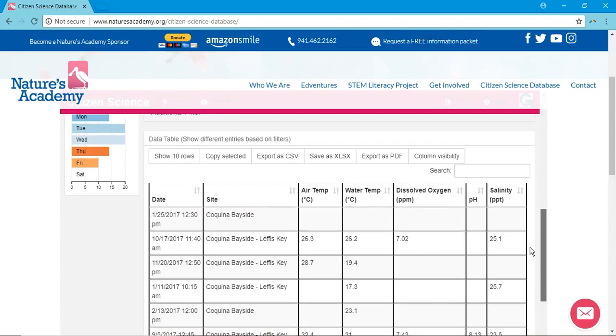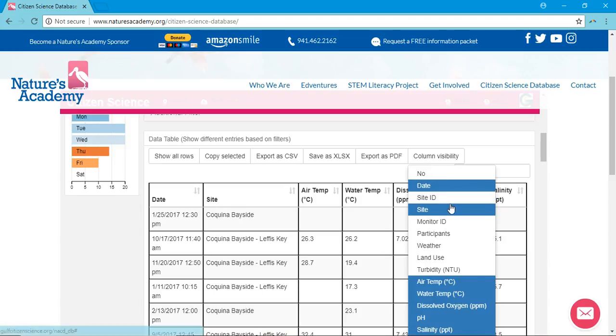Scrolling down in the database window, you see the data table. This is what automatically populates when you use those filters above, but it only shows 10 rows at a time, so we're going to fix that. Click on Show 10 Rows, come down to Show All. Now these fields here, we actually only need the date column, so we're going to click on Column Visibility, deselect